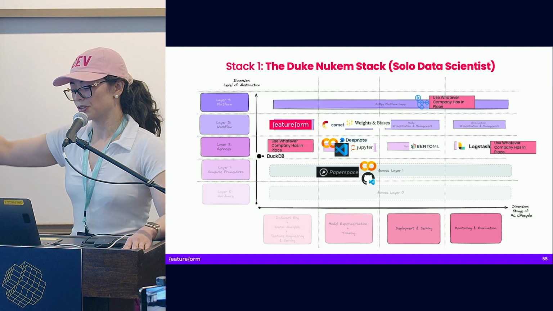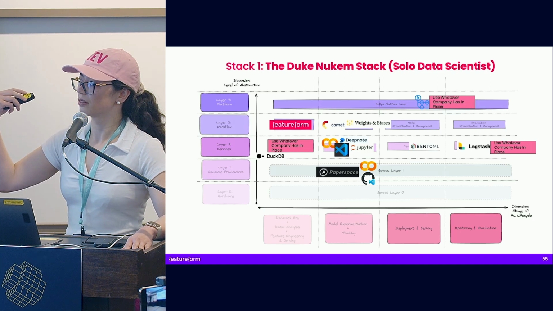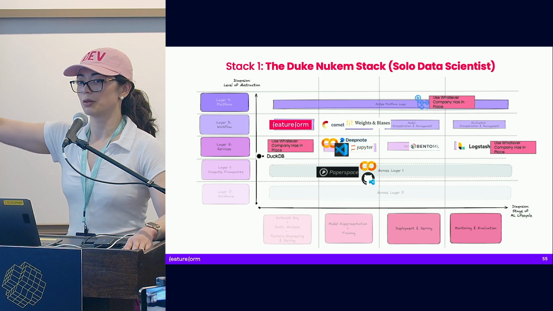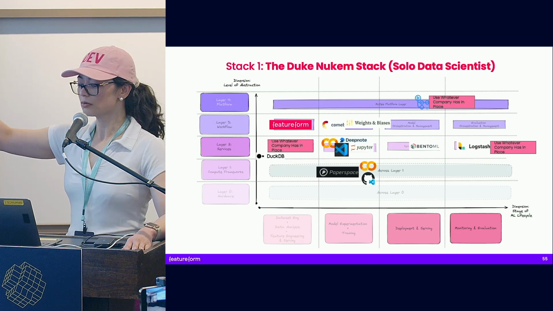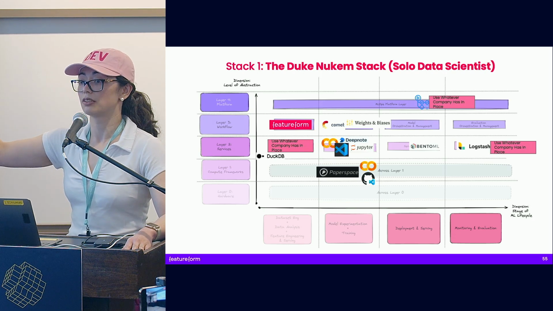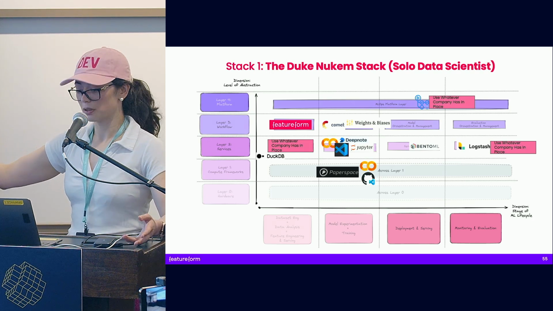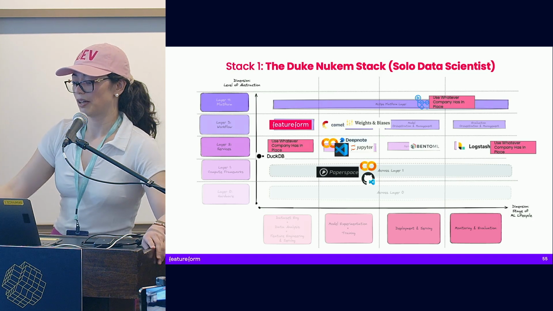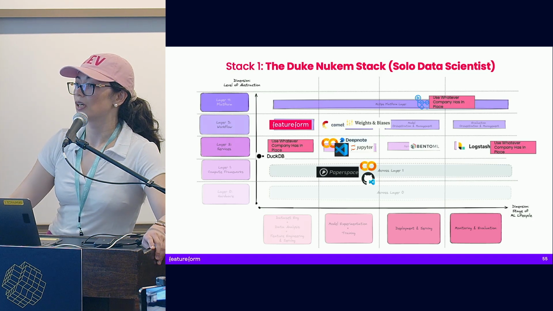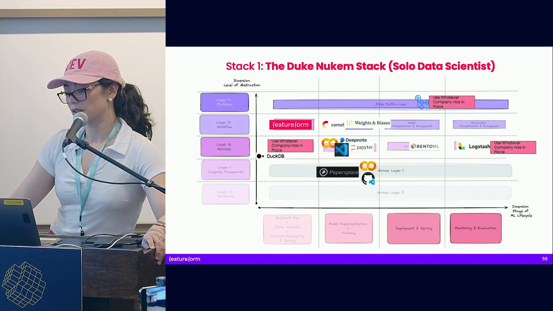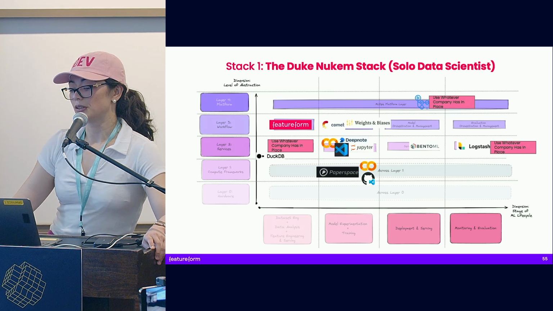A couple different features. If we go left to right, and also top to bottom, layer 0 and layer 1, you're not making decisions there. But you still need access to computation. And you could do this in a number of different ways. I've listed some that are notebook based, right? We have Paperspace, we have Colab, we also have Codespaces as an option. If we look at layer 2 and layer 3,